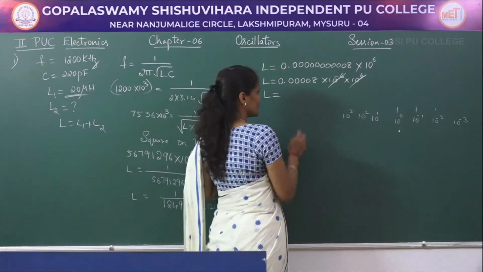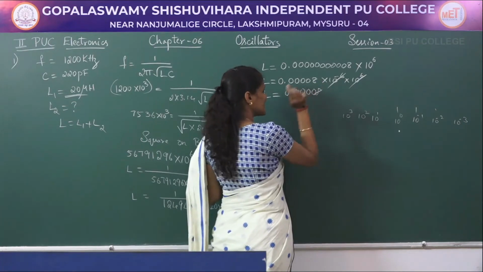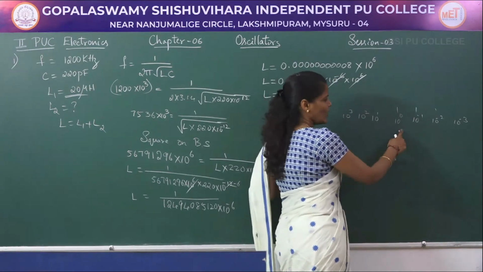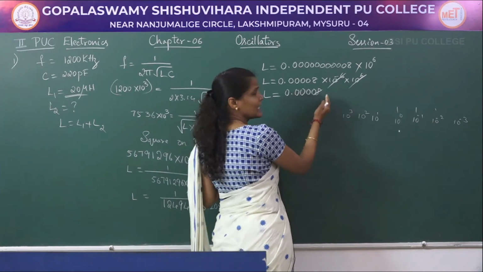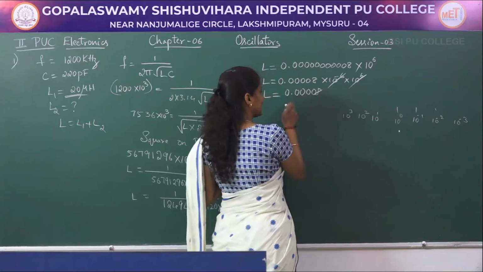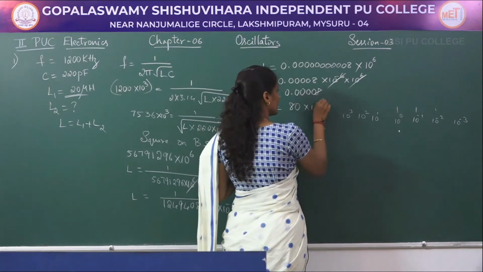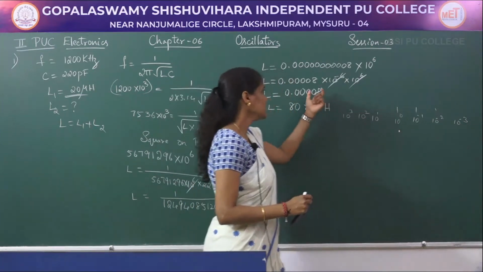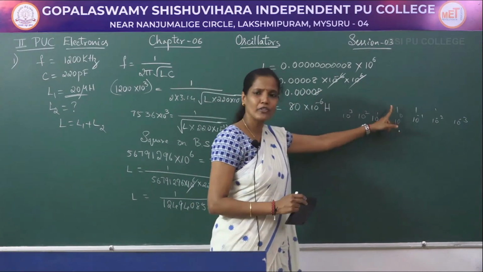So, L is equal to now 0.00008, that is all there is. That is nothing but it is in this particular position. Now, I have to convert this into 10 to the power of minus 6, so again shift this 6 times. 1, 2, 3, 4, 5, 6, that gives 80 into 10 to the power of minus 6 Henry. Why? Point is here. Since there is no term here, the point is at 10 to the power of 0.